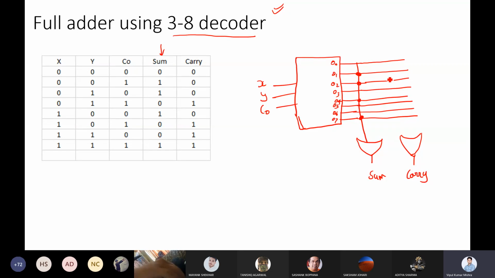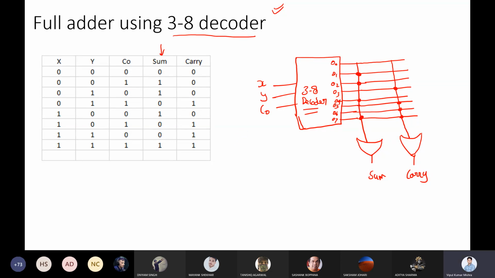Now in case of carry, what will you do? You will sort the third line. So suppose you have this. So you'll sort the third line, then not this, then the fifth, sixth, and seventh lines. And this is your 3 to 8 decoder,